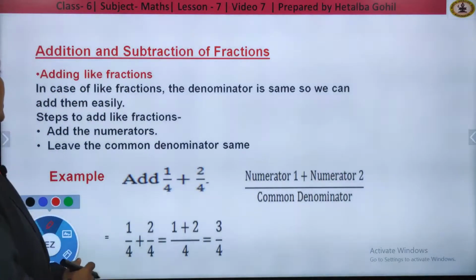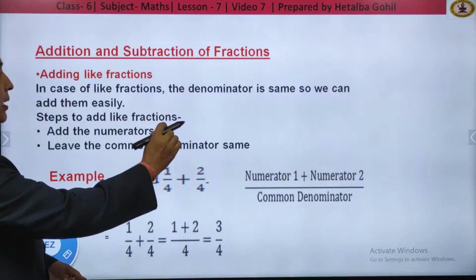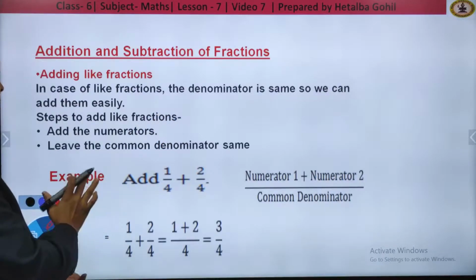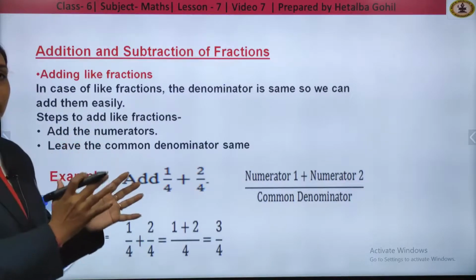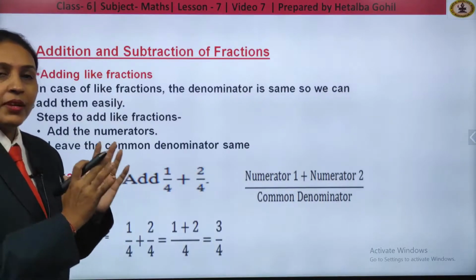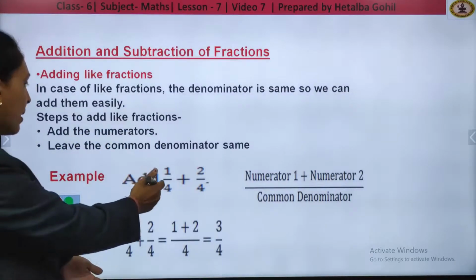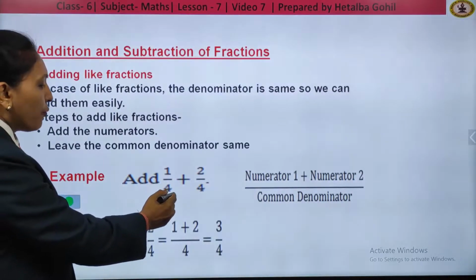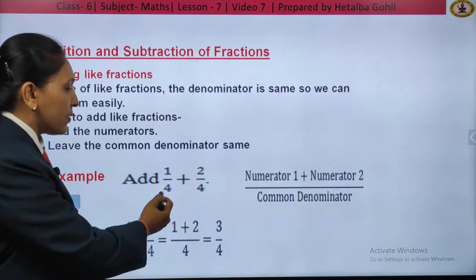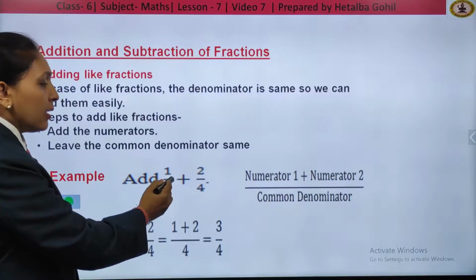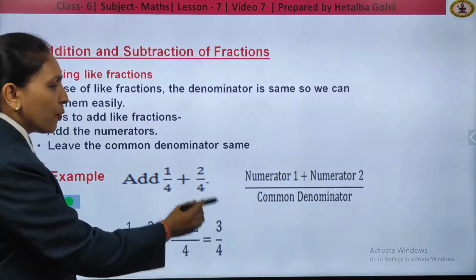Okay. So, first, while adding like fractions, the denominator is the same. So, we can add them easily, because they are like fractions, that means the denominators will be the same. So, directly we can add the numerators and get our answer. For example, you can see here 1 upon 4 plus 2 upon 4. You can see both the denominators are the same, that is 4. So, directly children, we can operate the numerators, that is 1 plus 2, that is 3 by 4 will be